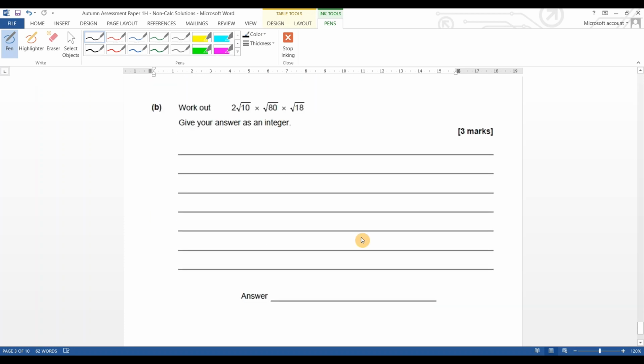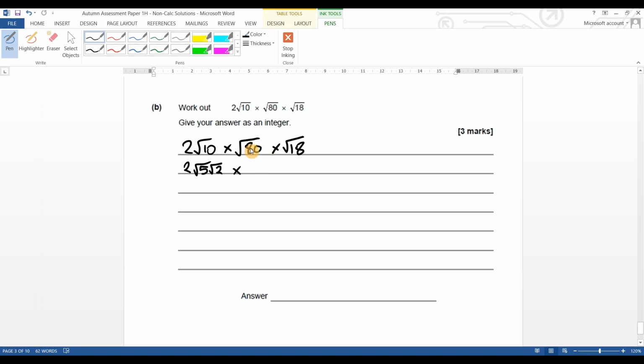Part B, work out 2 root 10 times root 80 times root 18. Give your answer as an integer. 3 marks. Okay. This type of question, I like to break it down into other roots that it's made up of. So let's just write this down as it is. I can do this in any order, makes no difference. And break it down into other surds. So 2 root 10 is the same as 2 root 5 root 2,